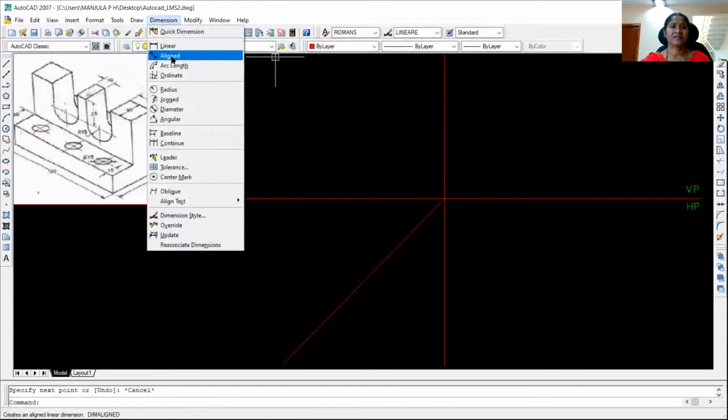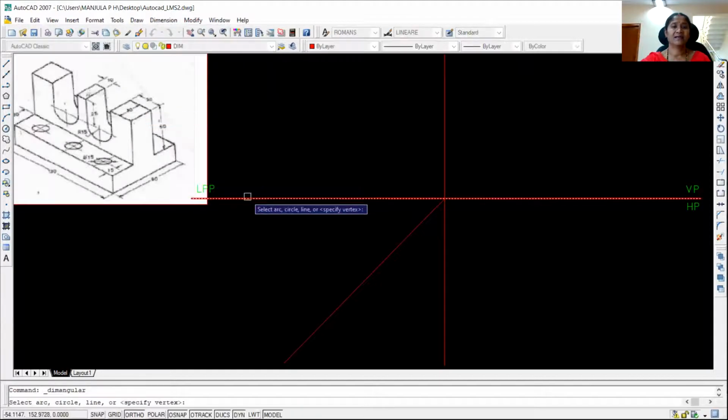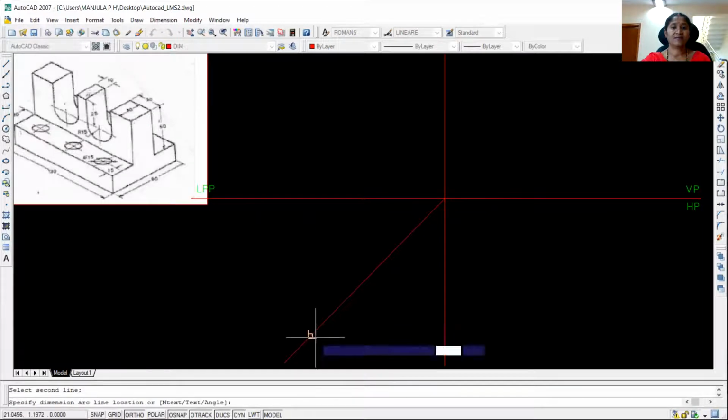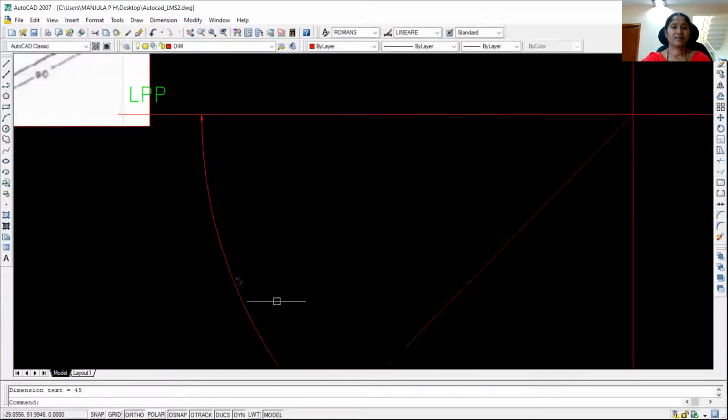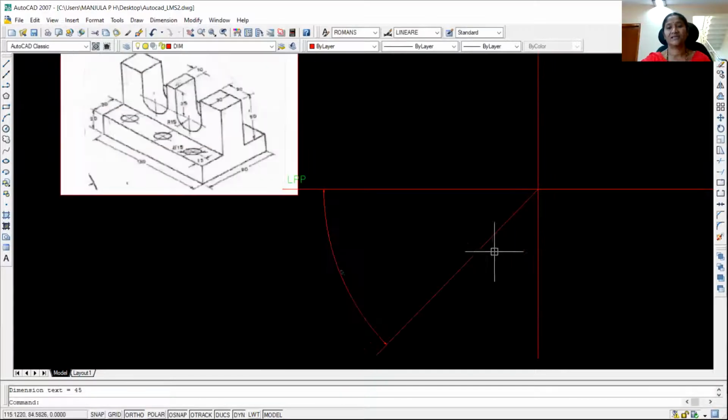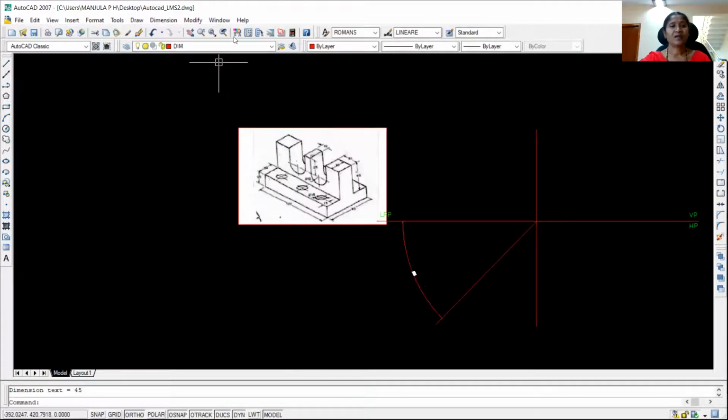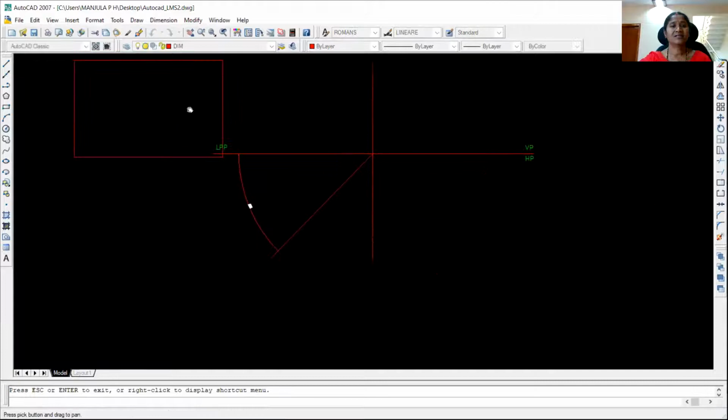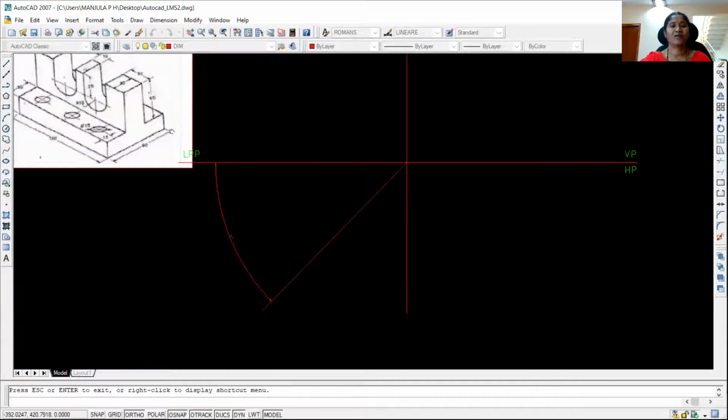It should be 45-degree angular. So it is 45-degree. Now, in order to draw the three views of the given component, what am I supposed to do? First, I have to draw the front view.